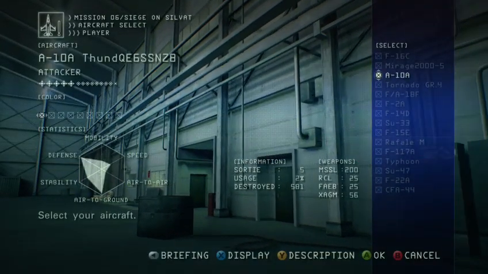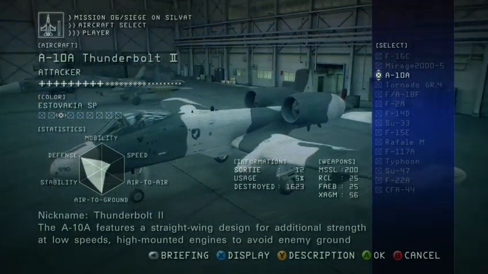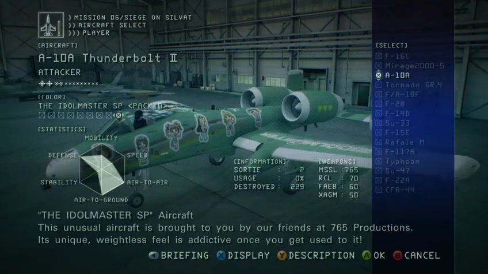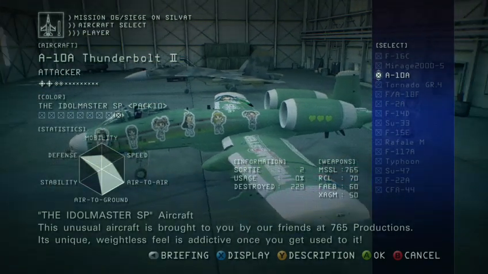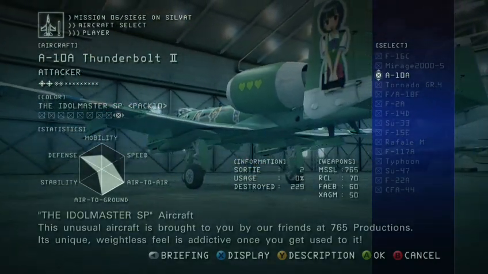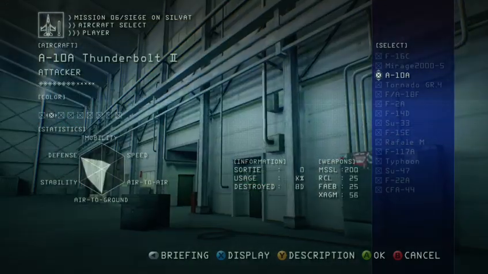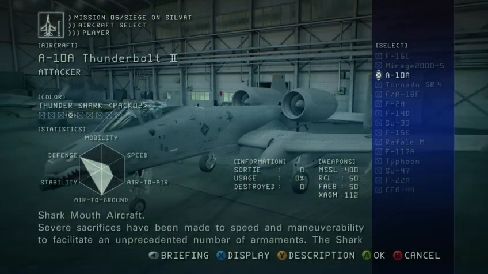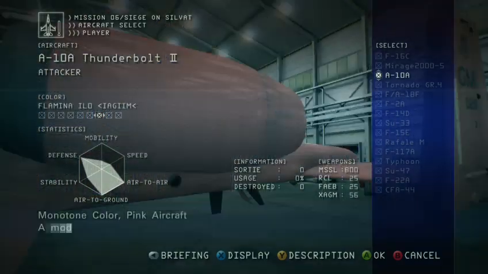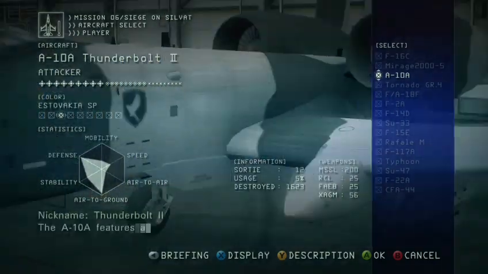So, the A-10 has obviously the 3 bases and 5 DLC that I'll actually be showcasing, because the 6th one is the Tokyo Drift A-10 that we've already done in the Idolmaster DLC, or Idolmaster stream. I think I even ended it with this chandelier. So just to preview the DLC, we've got Thunder Shark, Distant Thunder, Rosgrees, Flamingo, and Christmas. But to start,